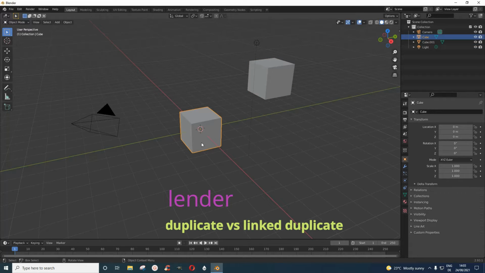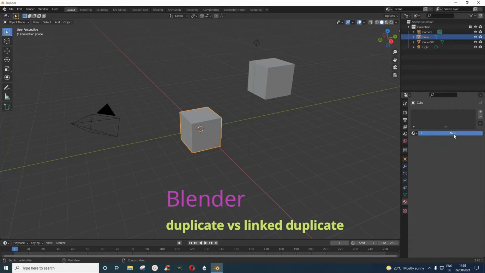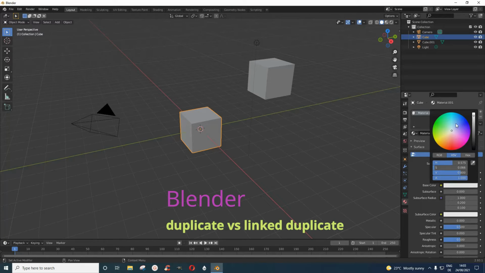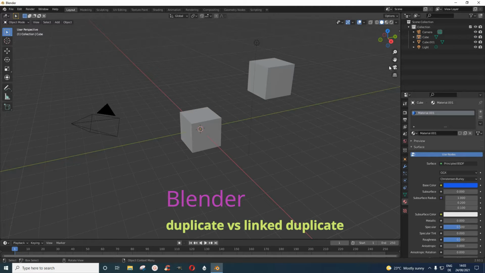Now I come here and select the cube, original cube, and then I go to materials, I press new, and then I want to give it some color like blue. So when I give it blue, we don't see anything because we are not in the material preview. Go there and you see that this blue did not affect this. Now let's